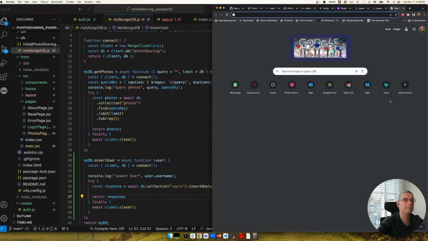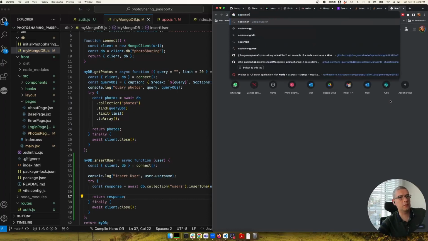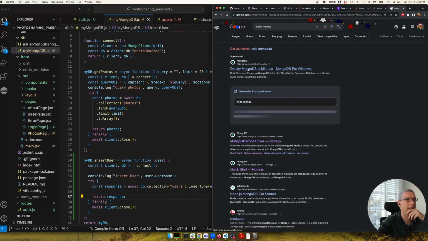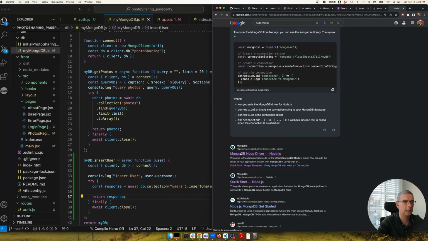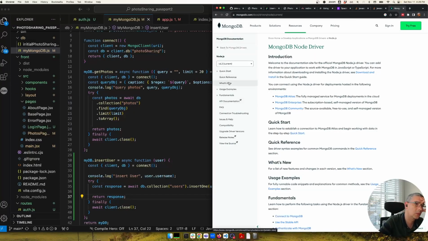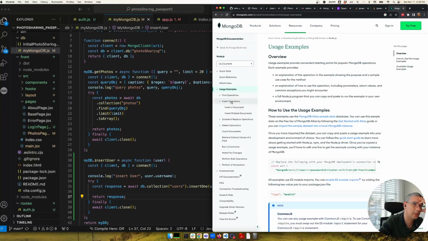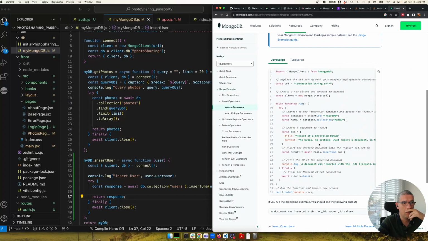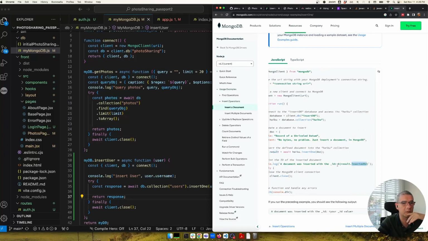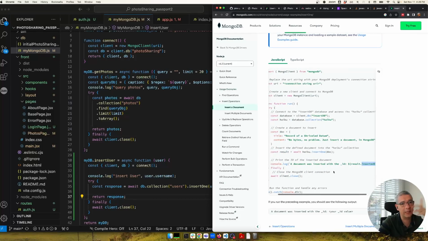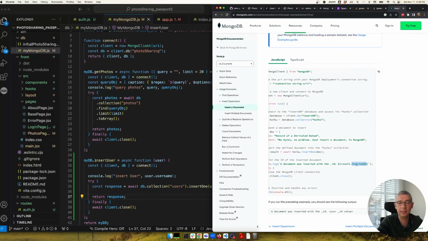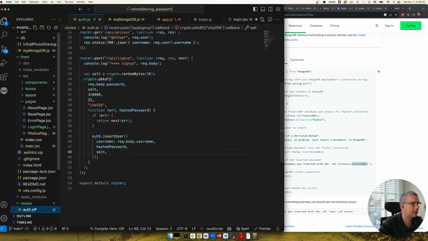And if you want to see, basically, you can just search for node Mongo. And when we do that, we don't want generative AI. So use examples, insert operations, insert a document. So excuse me, we should be doing insert one, we get a result, and then the document was inserted with the result inserted ID. Okay. So by the way, if we do need to have the ID, like for some reason, then we can return that. So once we have that here in the authentication, so we can do,